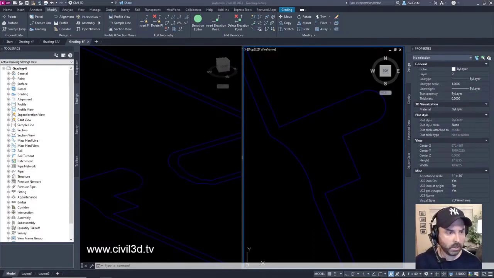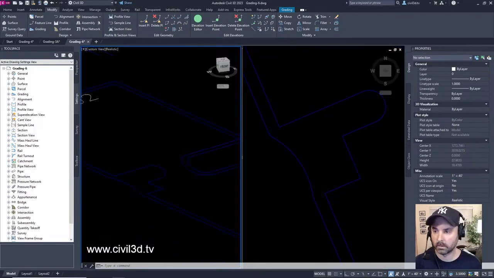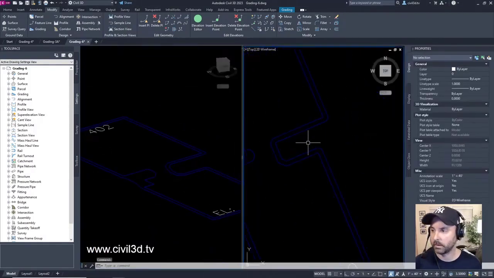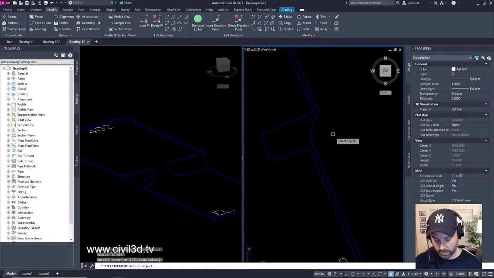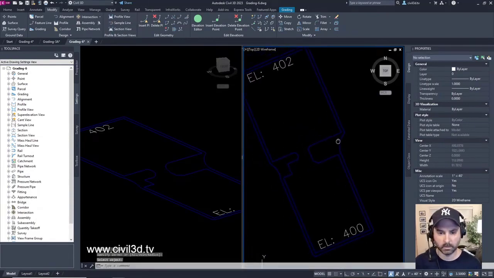So okay, the fillet is applied to the feature line. Actually, we're going to do that on the other side too. I don't know if you hear the baby crying in the background. Fillet, do that again. Click this. There we go. We're making this a nice transition. We don't want a huge hole in our grading right here with our transition. So we'll go ahead and press enter to accept that. And that's essentially it.